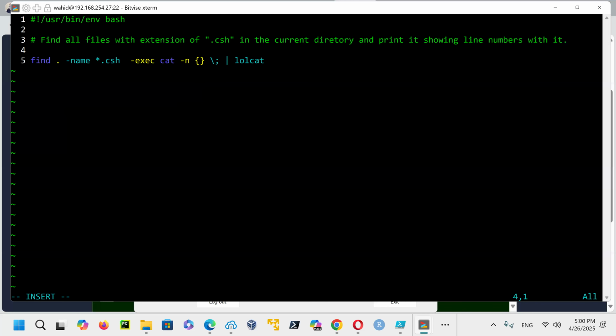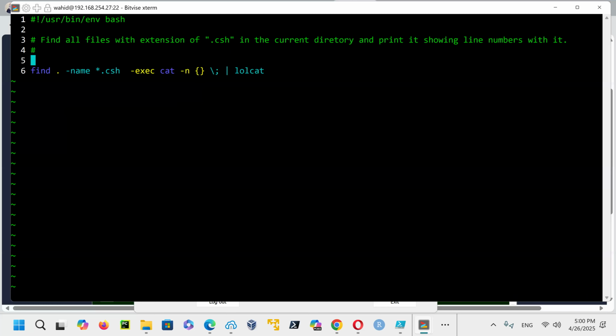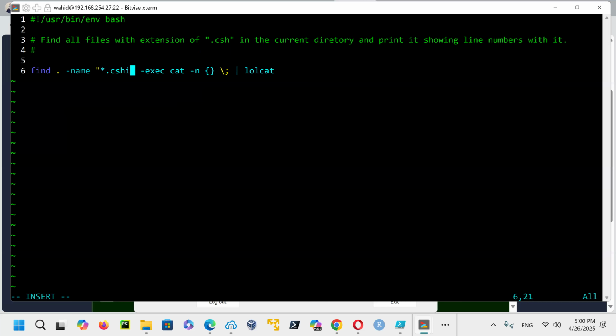So let's say you did this one, and then here you do this one, and notice the double quote did not come here, but I'm going to add it here, and then say, okay, this is good. All the command is there.